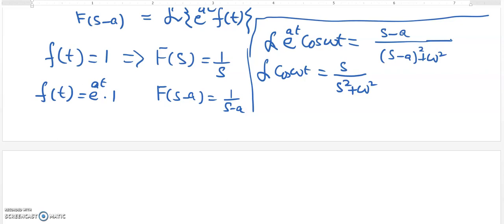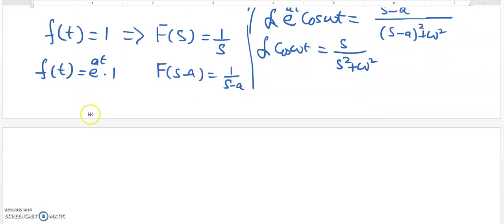Okay, so that will be the Laplace transform of e power at times cosine of omega t. And this of course can be proved by the definition of the Laplace transform. So this type of analogy we can use for finding the inverse transform, and later on we will find out quite a lot about inverse transforms, but let's see